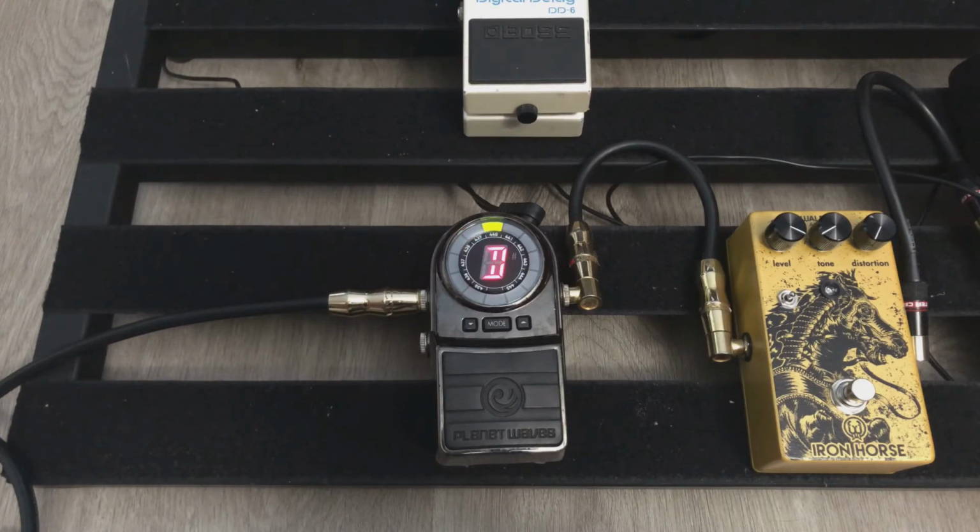D. B. And E. And we can see my E string's a little out of tune, so my high E string, I'll go ahead and tune that up. And these are very, very useful,